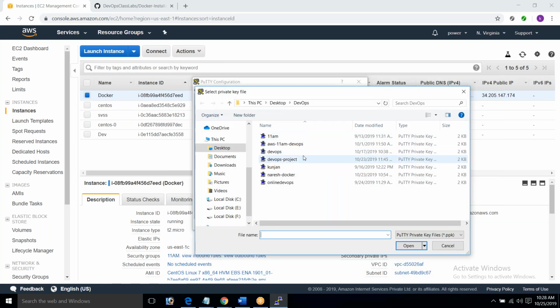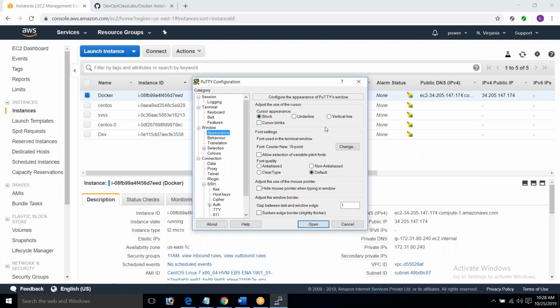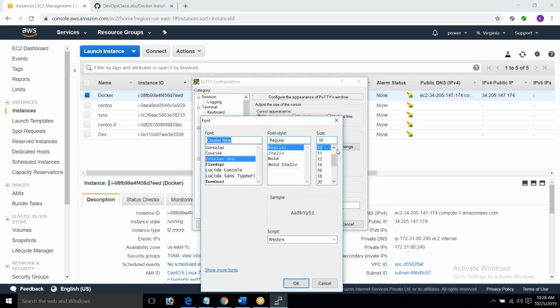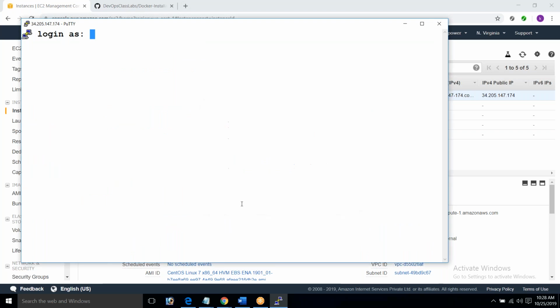What is the command? How will you check which version of Docker is running? Docker? What is that? If someone asks you what version you have worked on, never tell 19. What happens? They'll know you have just learned it. Tell the old version. Got it? Tell 18, so that they know that you are working on a previous version. When you say 19, 19 is very recent, right? You should tell them that I have experience working with 18 as well as 19.